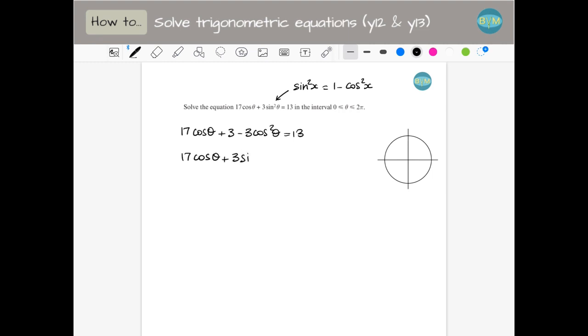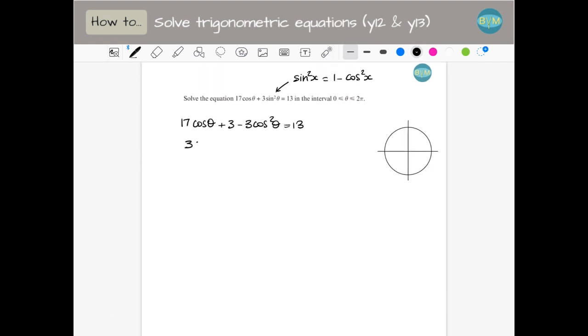No, let me completely reorganize. So I have 3 cos square of theta minus 17 cos theta, and then minus 13, 10, right? I'm done incorrect. 3 minus 17 and minus 10 will be plus 10. Okay, and then